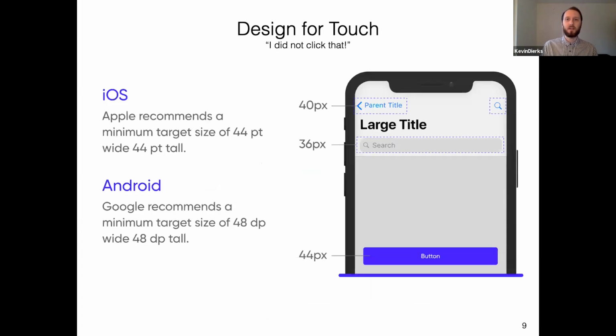There are actually guidelines for how large specific components need to be for touch. iOS and Android, for example, have a minimum target size of 44 points. So you don't want to use small links that you might be able to click on your desktop, but that you can't hit with your finger, right?